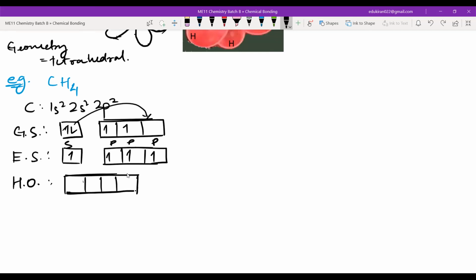Let me not write sp3 right now. And obviously, if I look at hydrogen, you don't have to write this. Hydrogen has atomic number 1. The electronic configuration is 1s1, and I can show it like this. And all the hydrogens will be having